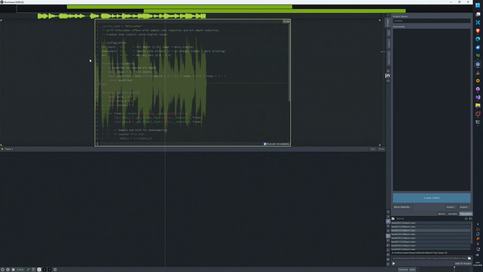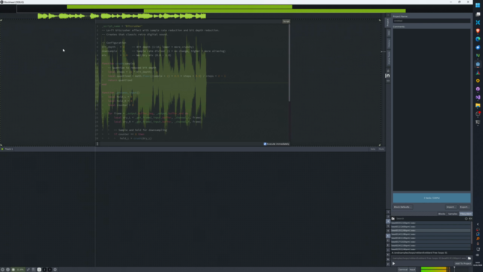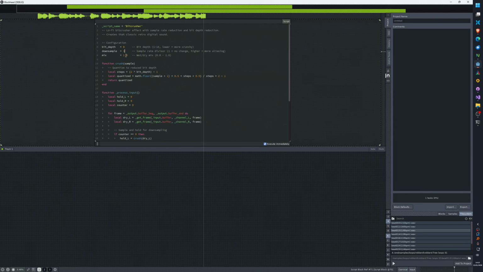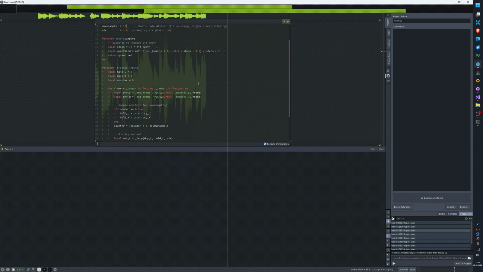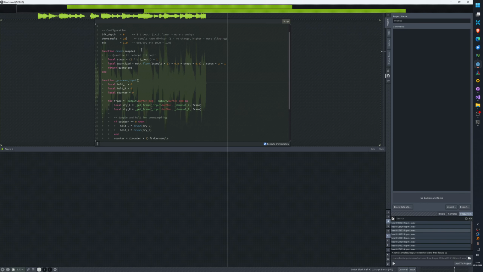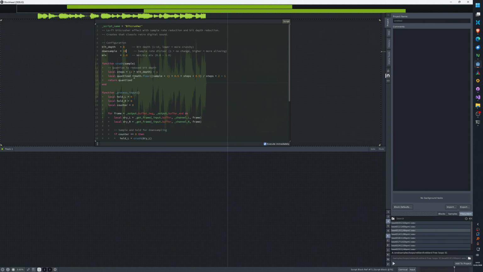So this is the new script that the AI made. Okay. Just works. Works absolutely fine. Oh yeah, that will make sense. Bit depth. 4. Wow. Cool.